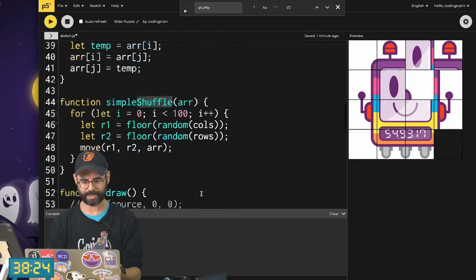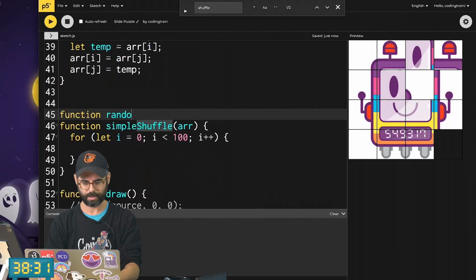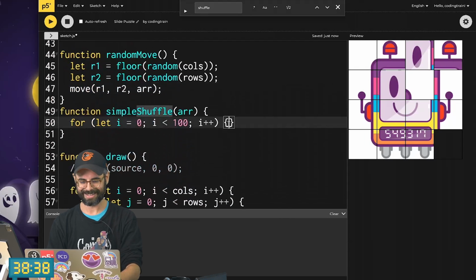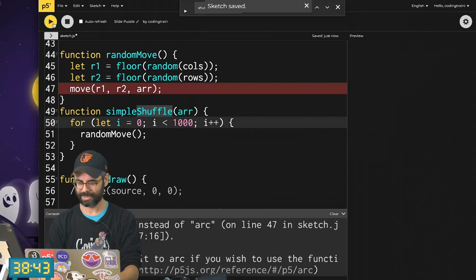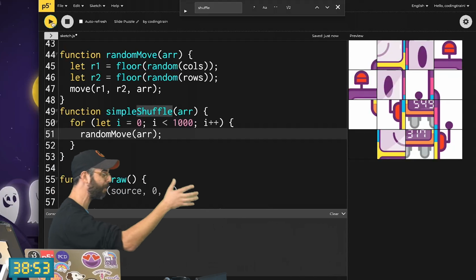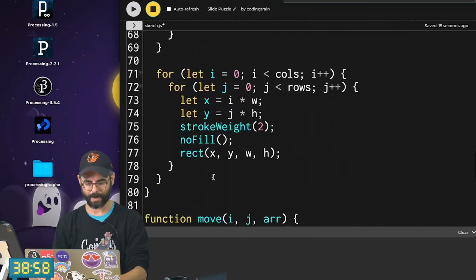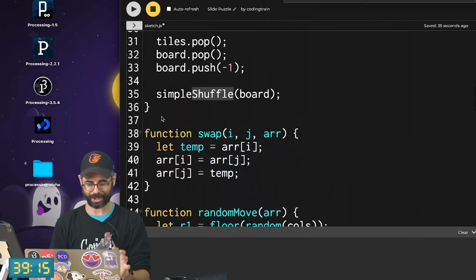Now I'm just curious, let me make this a random move function. Again, I will refactor this later. I mean, I don't know if I will. Let's do random move. So if I do it 1,000 moves, array. It's a little bit silly that I'm not using global variables well. Okay, so that should be a random shuffling that's possible, but just out of curiosity, in draw, if I just said random move of the tiles, but I don't want to shuffle it, I just want to see it do